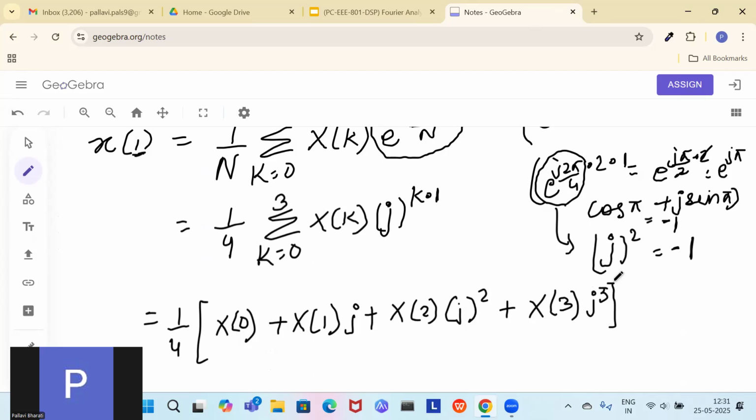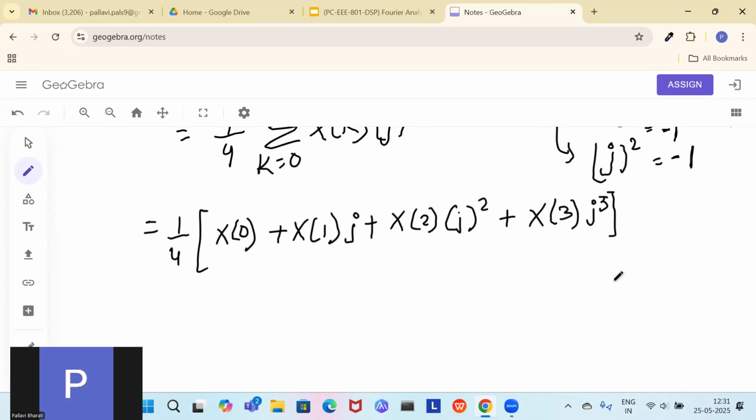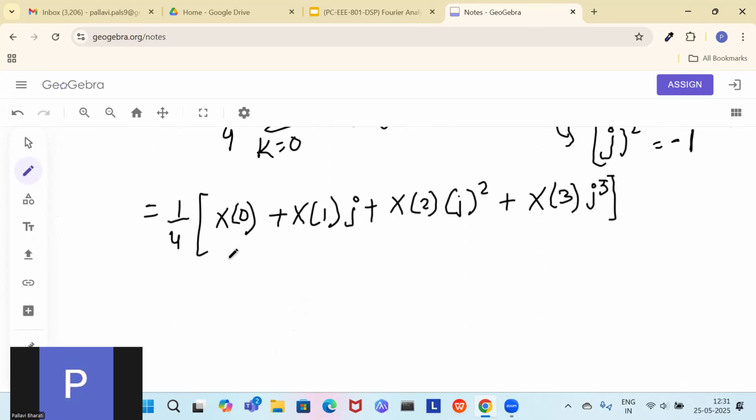So the chances of making mistakes become less if you write out the twiddle factor beforehand. So this value of x of 0 was 1. Then for x of 1, the value is 1 minus j2. If you multiply it, then j minus 2j square, right? Plus